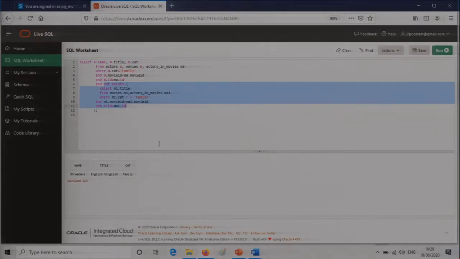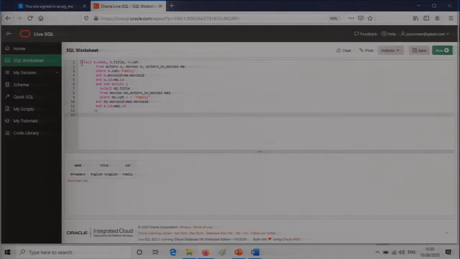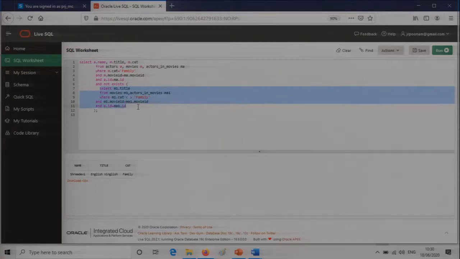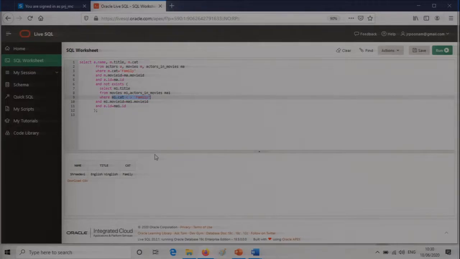Now after that, what has been written here is just to make sure, because the query was that only those people who have acted only in the family category should be chosen. So if they have acted in any other category like entertainment or horror or any other category, then they should be extracted out. So how do we extract out? First we have chosen the family category people, and then we have said that it does not exist in a list wherein people have acted apart from the family category. So can you see not equal to family category?